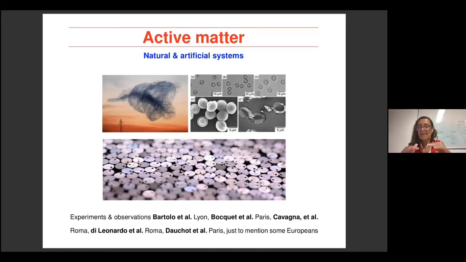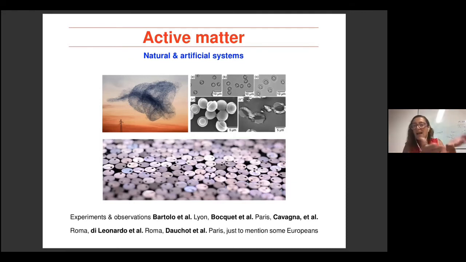So he has these granular particles, which are slightly asymmetric because they have 2 feet on which they are posed on a substrate. And these feet are slightly different. So you see there is a point on each of these granular particles here. And this tells you where is the special foot, let's say. And because of this asymmetry, when he vibrates the substrate, they tend to move in one direction, but